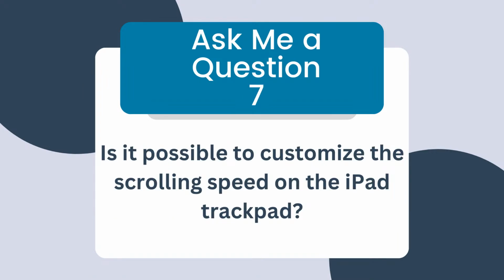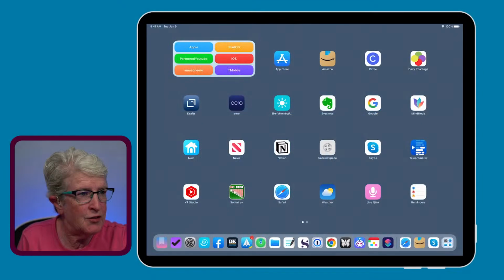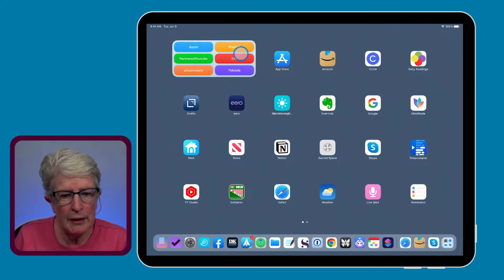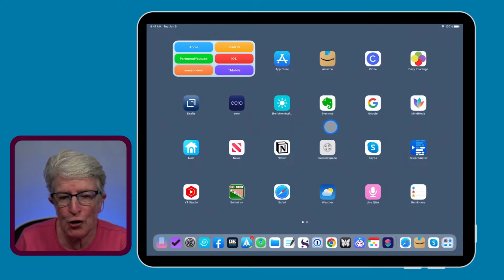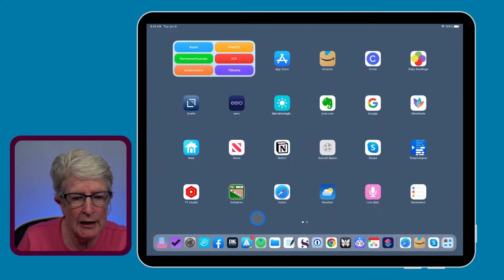Question number 7. Is it possible to customize the scrolling speed on the iPad trackpad? Yes, it is. So if you have an iPad that's connected to a keyboard that has a trackpad on it, or even if you use a mouse with your iPad, you can adjust the speed at which the mouse, the cursor, moves back and forth across the screen. So if I come into Settings,